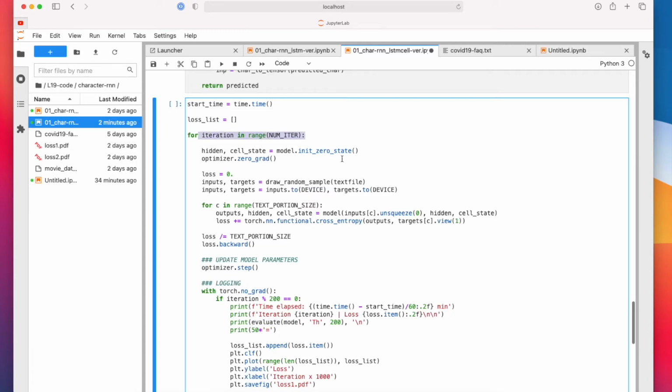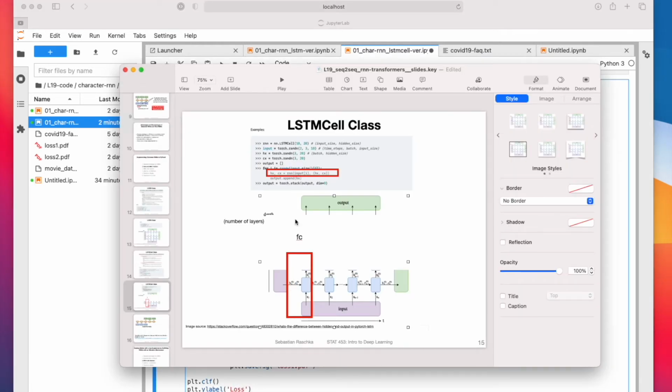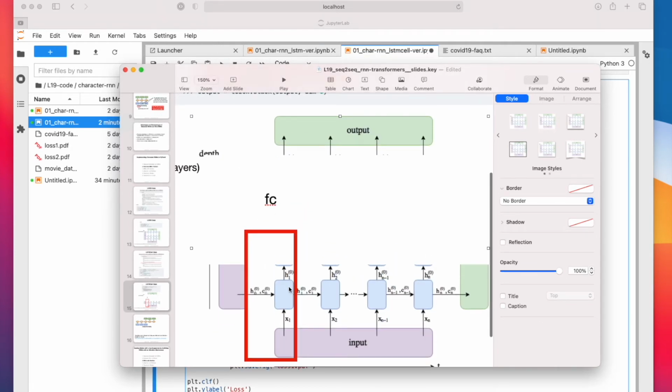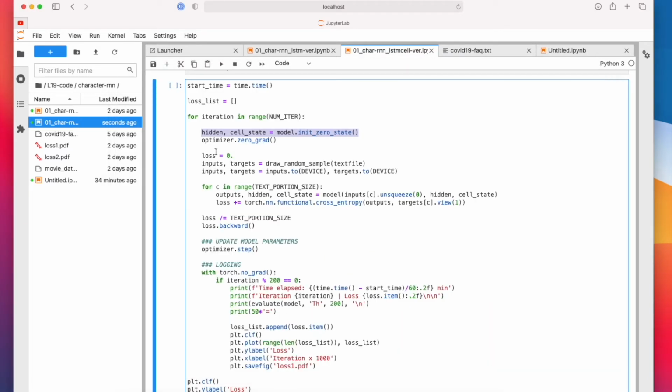So I'm just iterating 5,000 times, 5,000 steps. Then I have my initialization here. This is for initializing my zero state, these initial states. I can actually make this bigger, right? This is for initializing these zero states here. This is for each iteration. So each iteration will go through one text portion of size 200. For each text portion, we initialize it as 0. This is our beginning of the text. What we do is we set the loss to 0.